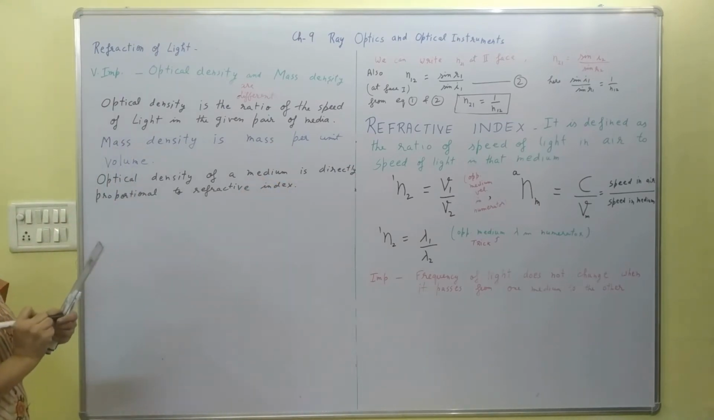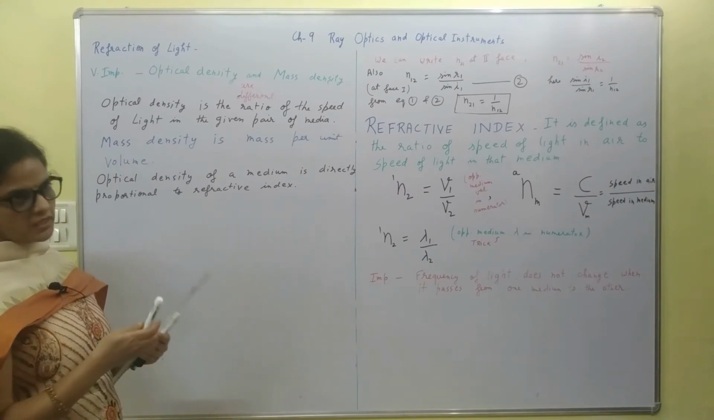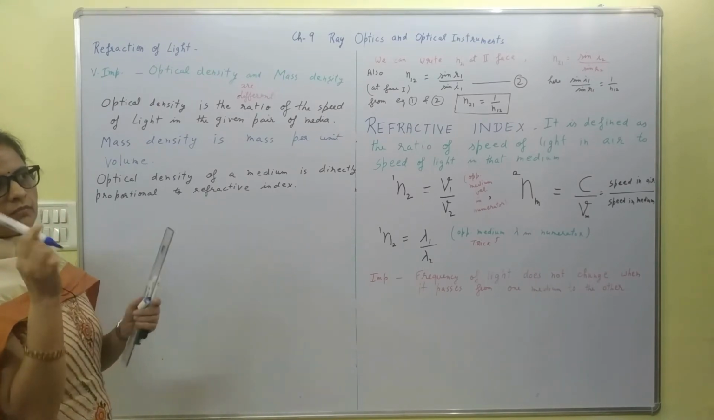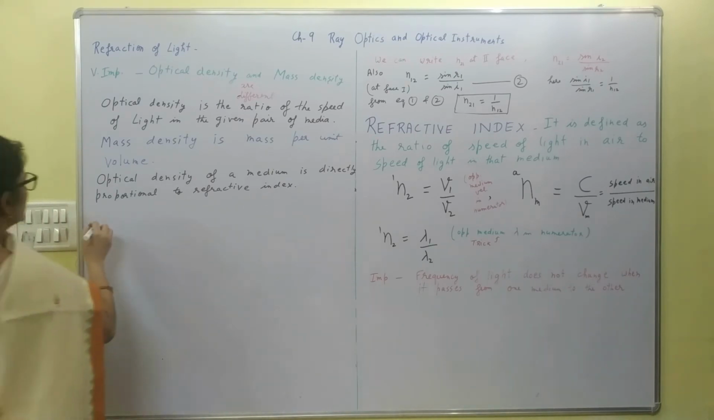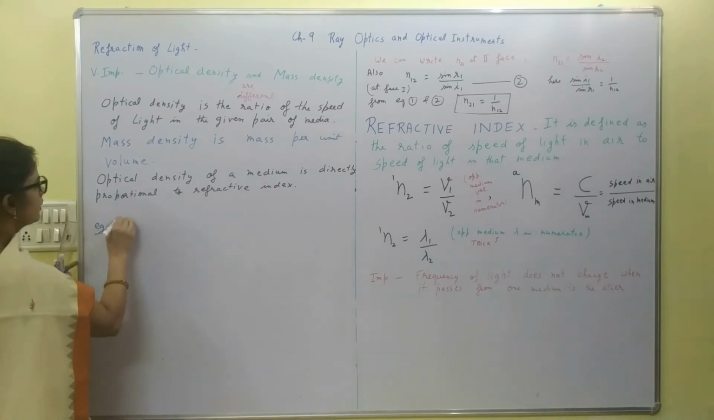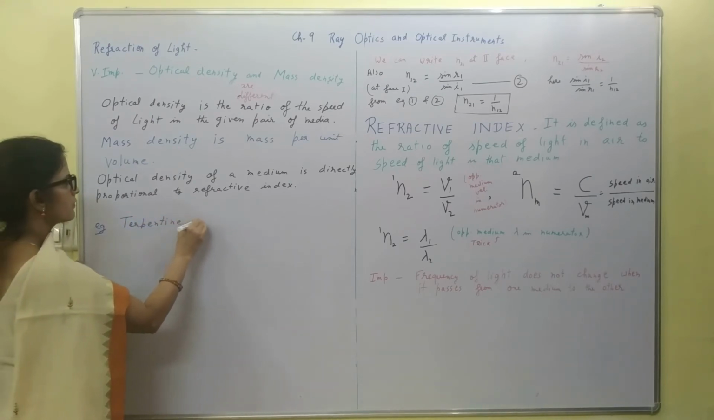Right? So an optically denser medium may be less dense in terms of mass density. For example, turpentine